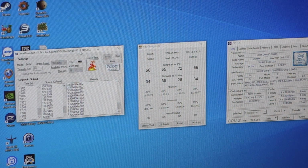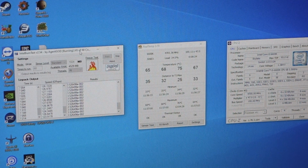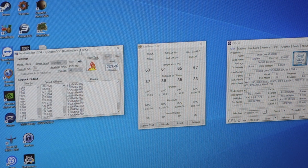I've yet to complete a full run of Intel burn test at 4.7, so we're talking 100 megahertz more, and I've just had to pump so much more voltage into it, and I keep upping the voltage and it keeps failing. And that increase in voltage is resulting in a massive increase in heat, so we're currently